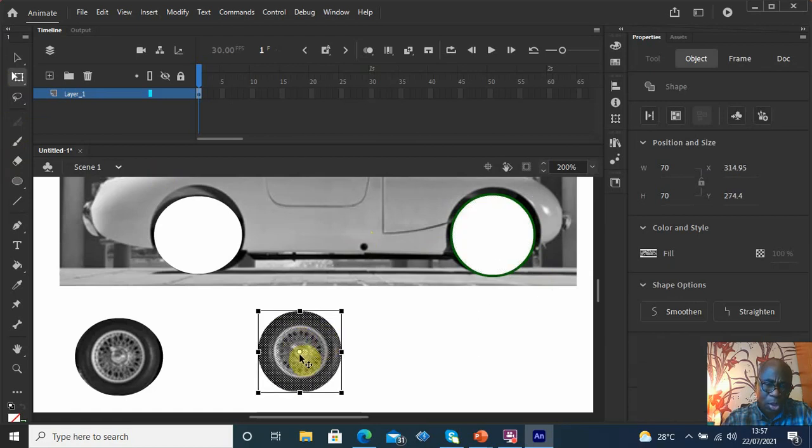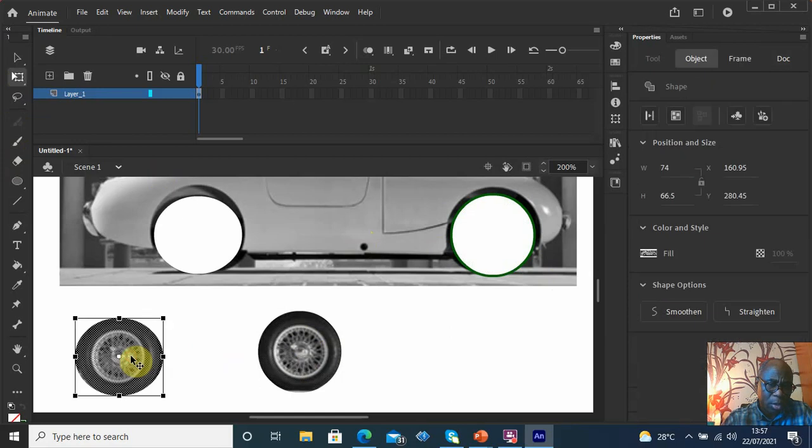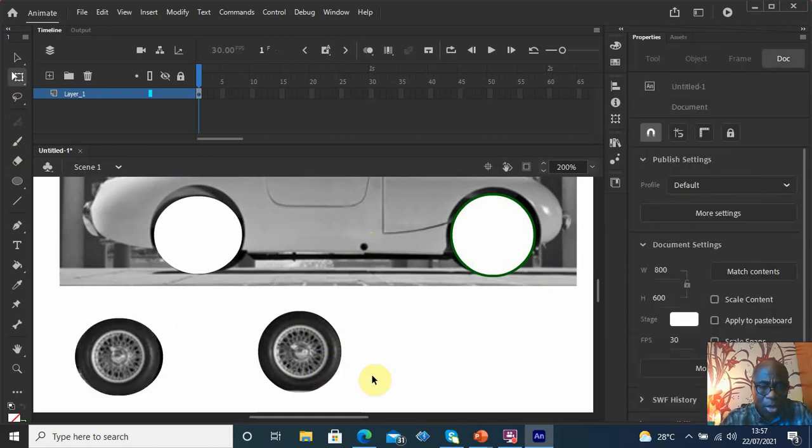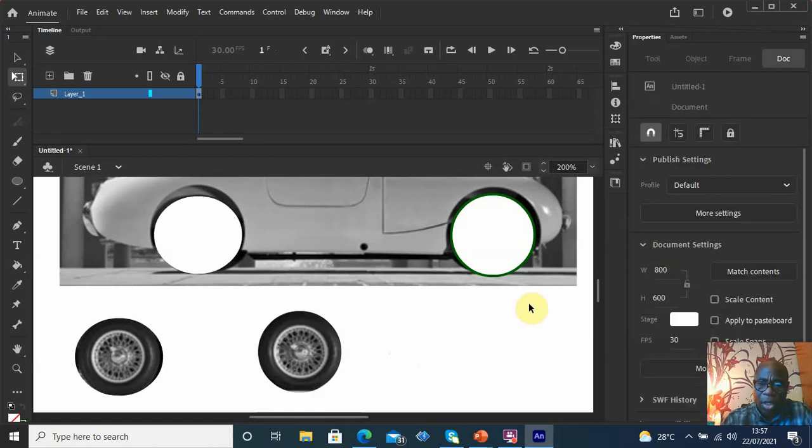Please note the registration point, you must make sure you do not alter the registration point there. That white dot you're looking at there must be there if you really want to use that wheel. Although I might not use the wheel actually because it looks messed up somehow. Okay, so having done that,